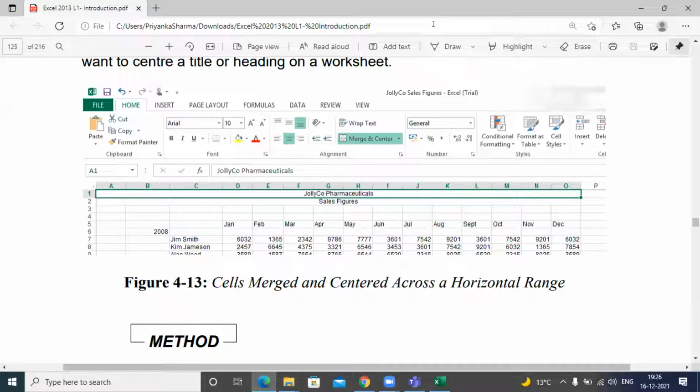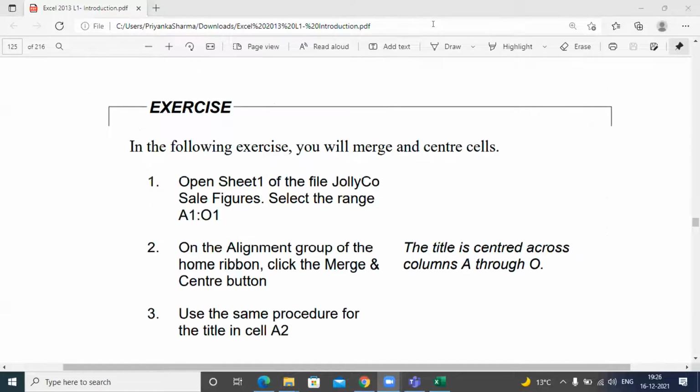Okay. Any Excel sheet that you have, doesn't matter if it is the Joyco sales figure or not, any Excel sheet with data, can you very quickly do the first 3 steps and see that you are comfortable with this concept? So just merge and center the cells and write done in the chat if you have done it. I will wait for all of you to complete it. Just do these 3 steps, write done in the chat. Try to do as many things as you can with me in this.